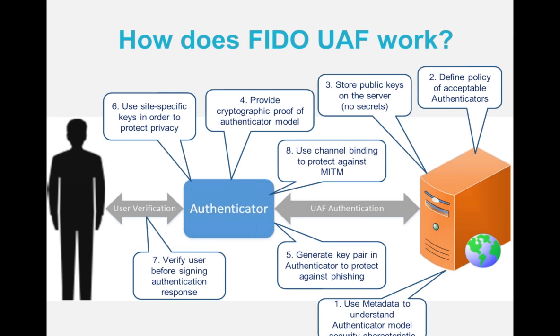And these relying parties will never be able, just by looking at the FIDO information, to understand that it's actually the same user. They might be able to do that if the user enters the same email address, for example, in the web form to that relying party, but not by looking at FIDO information itself. Now, number 7 is the authenticator verifies the user before actually signing the authentication response. And number 8 is a protection measure against real-time man-in-the-middle attacks, and this is called channel binding. It's some information extracted from the TLS channel, which is added to the authentication response.